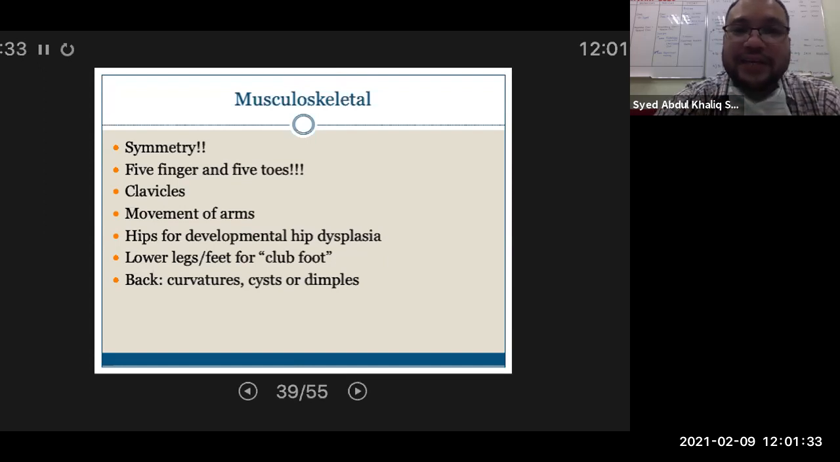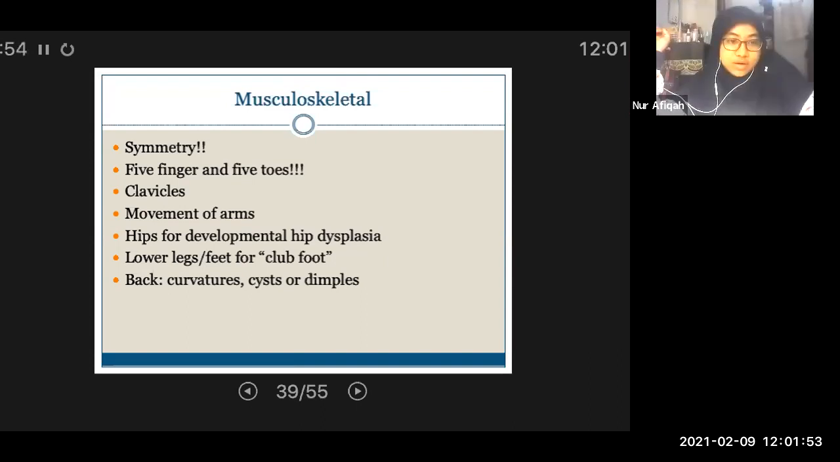And then the clavicles, are the clavicles okay or not? Movement of the arms, you assess the DDH, whether the hips is clicky or not. So how do you assess clicky hips? You do Ortolani and Barlow test. Ortolani is you put the